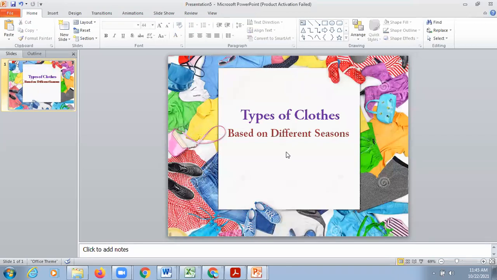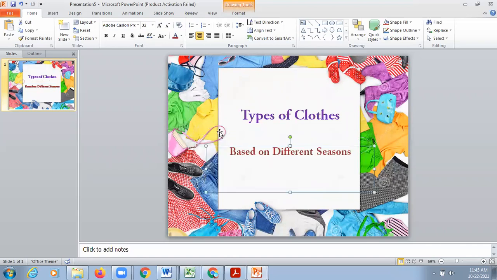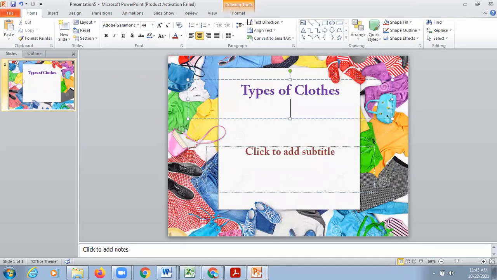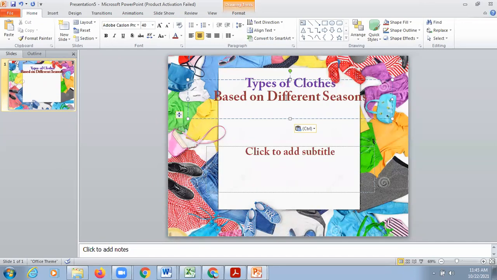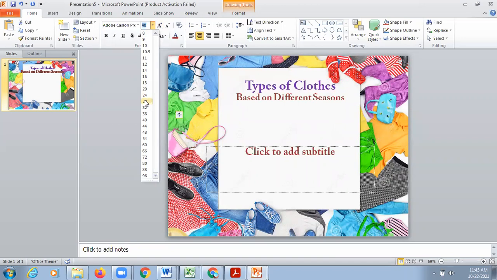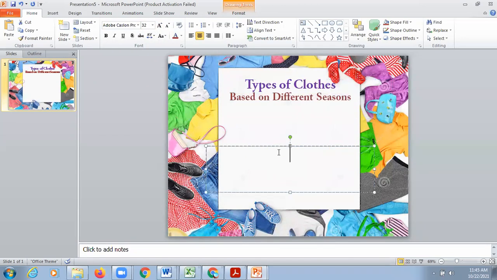So let's say this is my first slide, and here let's say you wanted to add your name also, and this is a science project, let's say. इसको थोड़ा छोटा करना है हमने size, you can reduce the size also. ठीक है, and then here you can write science project submitted by whatever is your name. I am writing my name. So you can give different colors also again.